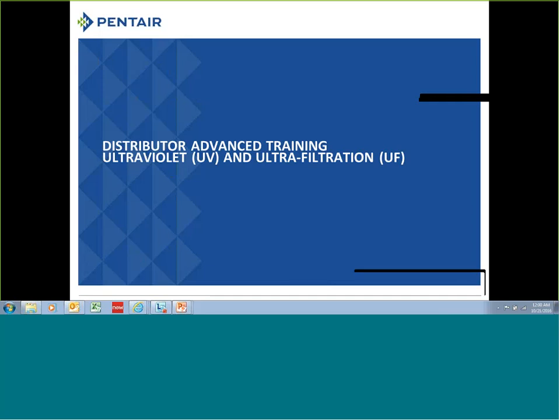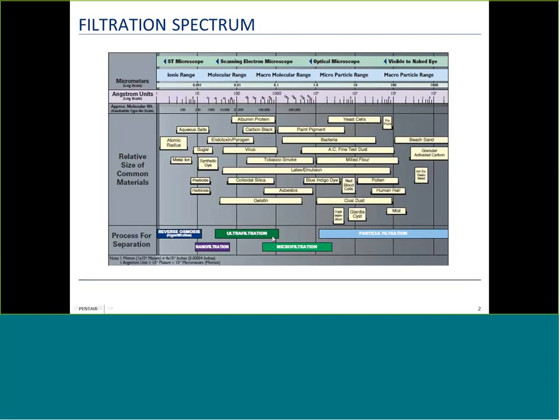Welcome to ultraviolet UV and ultrafiltration UF. On the filtration spectrum, ultrafiltration lies right here, slightly above reverse osmosis, and it is used to remove fine particulate from the water down to 0.025 microns, which puts it down in this range where it's able to remove nearly all viruses from the water,